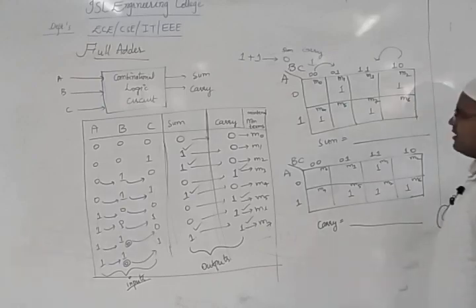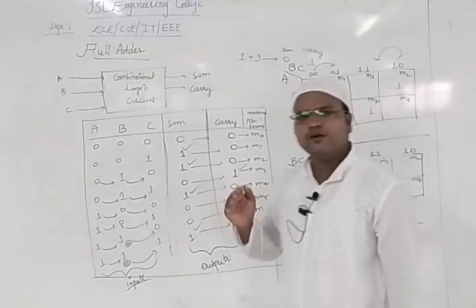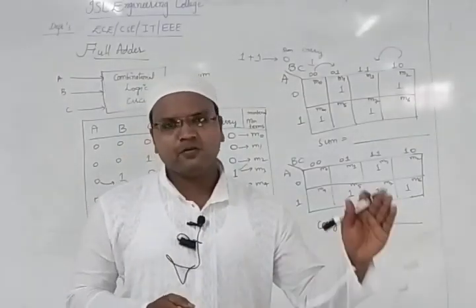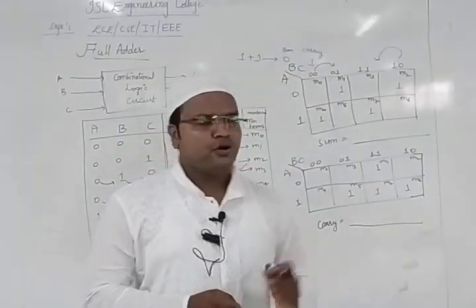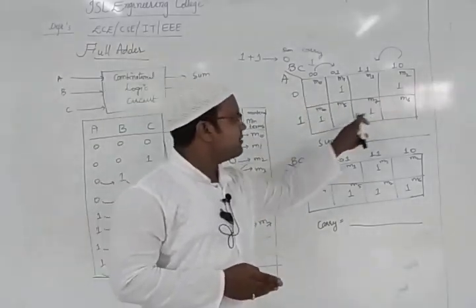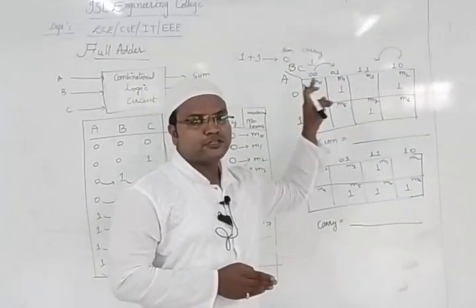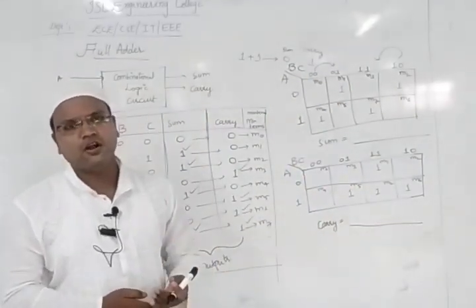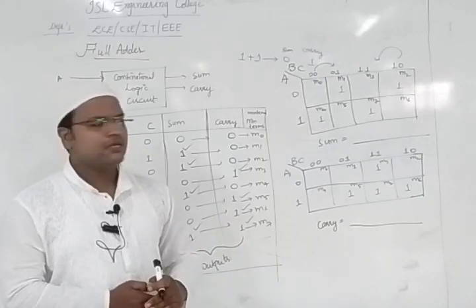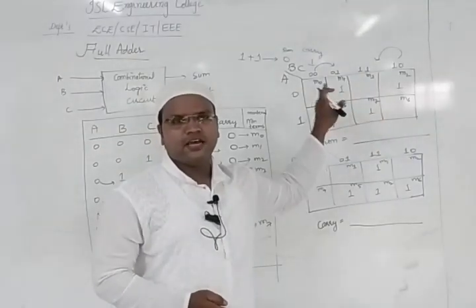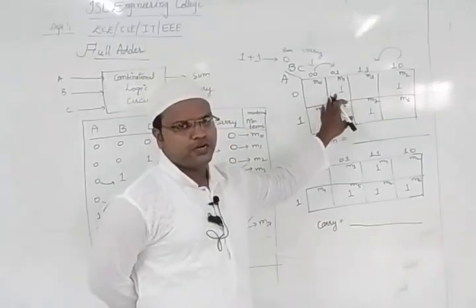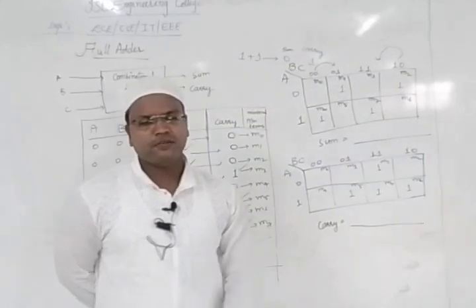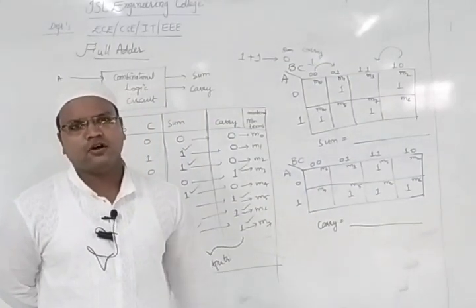So what I'll do next, what I need to make first, can I make an 8 combination? Can I make 8 ones? Do we have 8 adjacent ones in that? Is there or not? That is the first preference. So I cannot make 8 ones. Then I'll go for quad. What is 8 ones called? Octa. Do we have an octa combination in that particular thing? If it is there, then we'll make it. If we don't have, then what will we do? We'll go for a 4 combination. So do we have any 4 combination in that? There is no 4 combination possible. We cannot go for quad combination also.